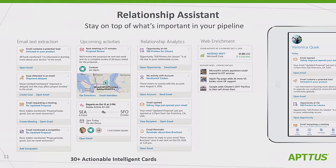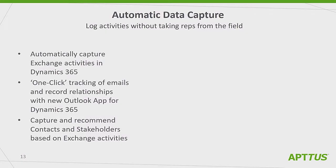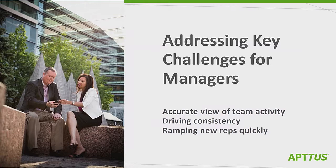And relationship analytics, and then kind of even web enrichment. So when a company event is happening on a company that I have an opportunity for, how is it bringing that in and making that as obvious as possible to me? So that's our reps, and that's the kind of key productivity elements and just the issues that reps have been